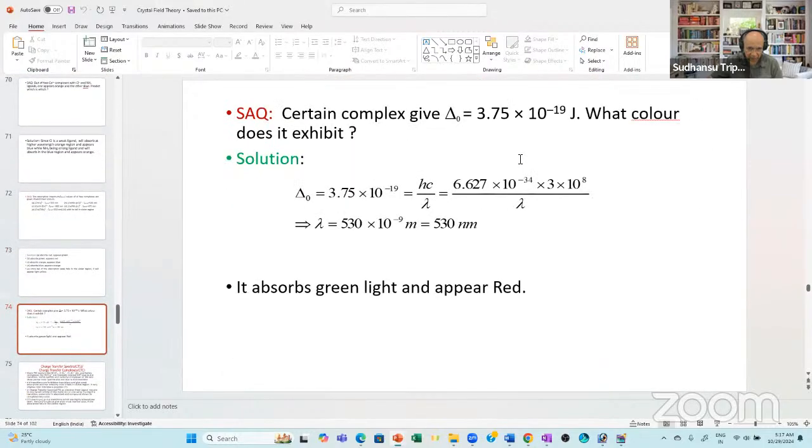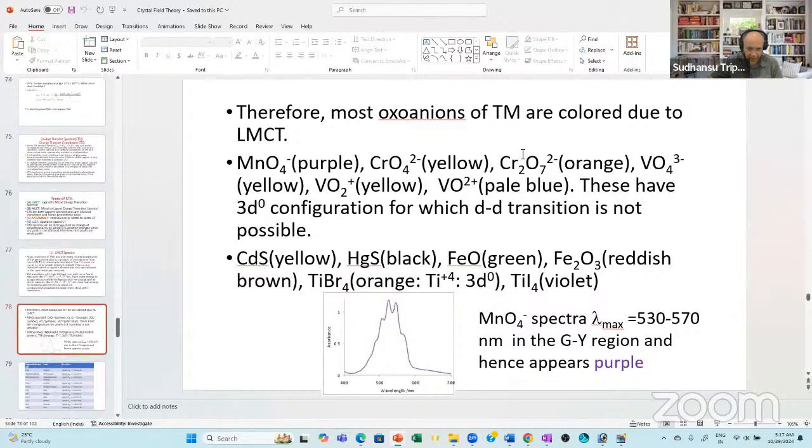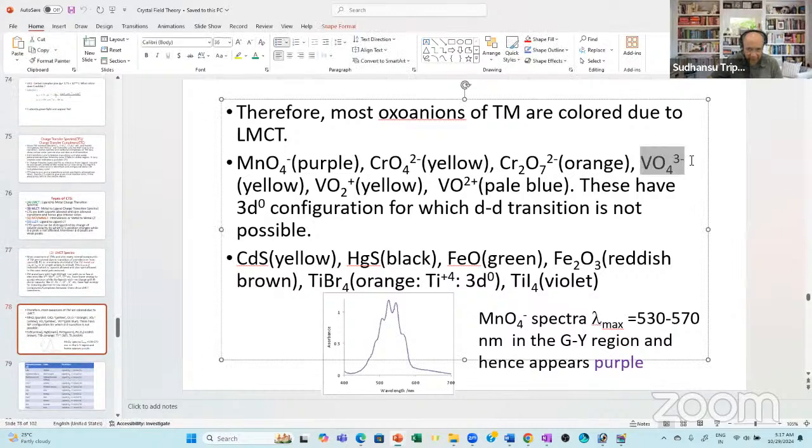And you can write down this vanadate ion, VO4 3 minus, yellow, and this is a cation, VO2 plus, vanadyl, that is yellow, and this is